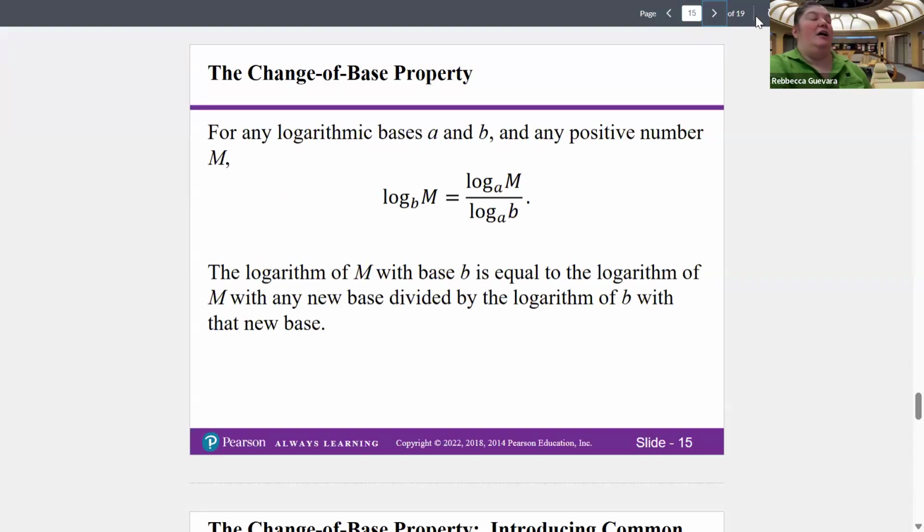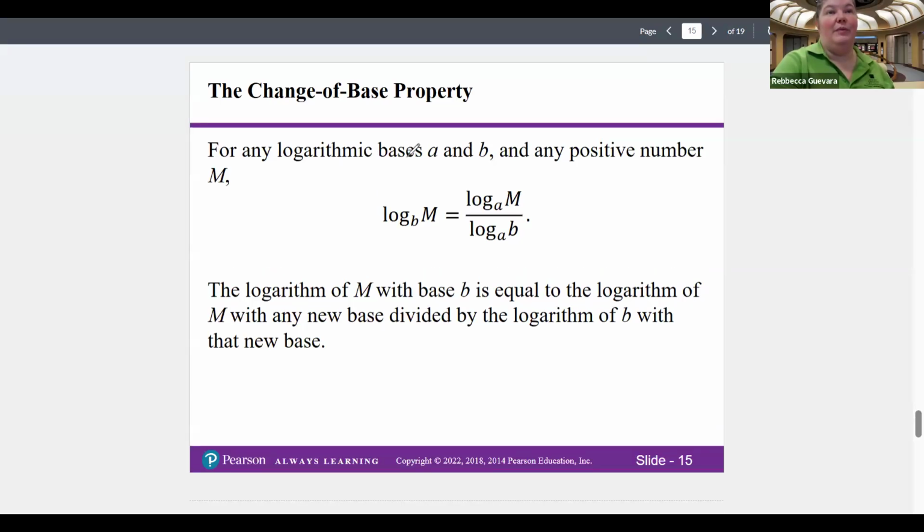Change of base formula. This is used a lot of times for calculators. So most of your calculators, unless you have a special one, will do a common log and it will do a natural log. If you have any kind of other base, it will not be able to do that unless you use this formula. So for any logarithmic bases a and b and any positive number m,